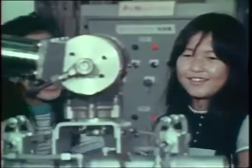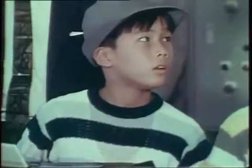This queer-looking monster, Unimate, demonstrates a fantastic performance. Children and adults alike heave a sigh of surprise and admiration as it promises to bring our dreams and hopes